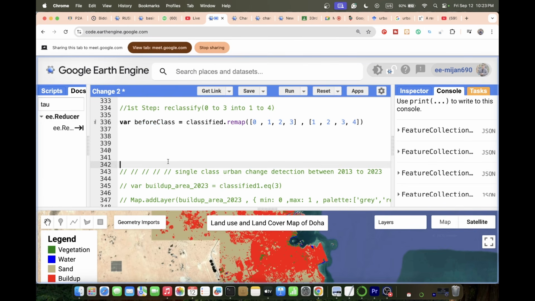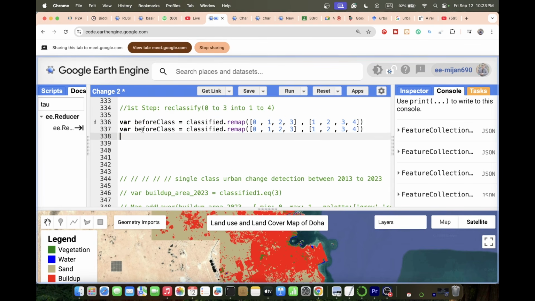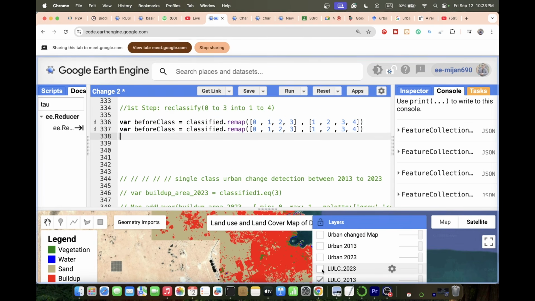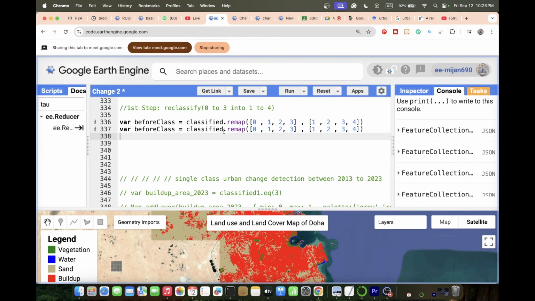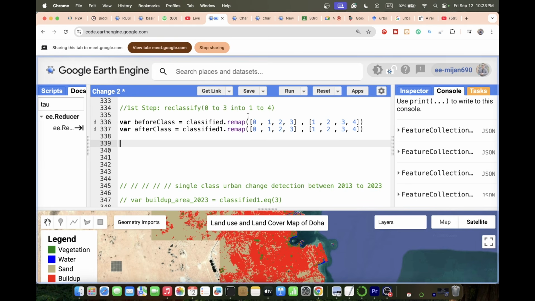Same process I apply for the other land use land cover, 2023. If you check, the 2023 land use land cover is stored in the variable classified 1. This variable stores the land use land cover map for 2023, and I simply reclassify it. I put in another variable name, suppose after class. So the first step, reclassify, we simply change the values. And now we need to make the change